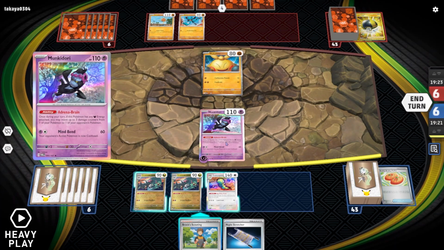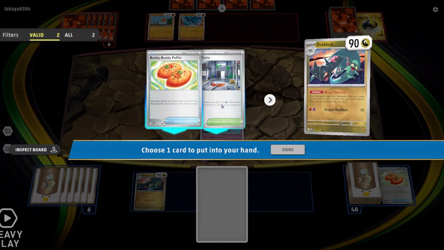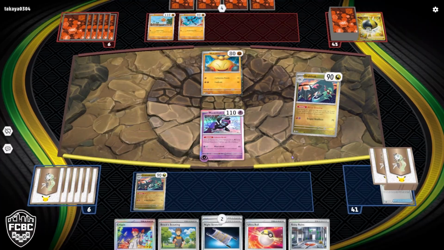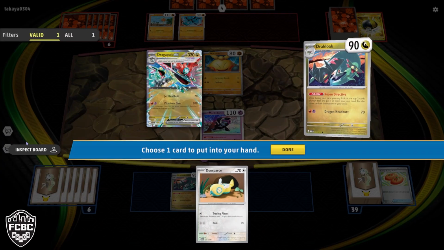And they didn't get an attachment for turn, so yeah, they might be a little bit behind here, but from what I remember, this game did get a little bit close. So here I think I'm just gonna grab this Risky Ruins because I know Lucario usually only plays like 1 stadium,